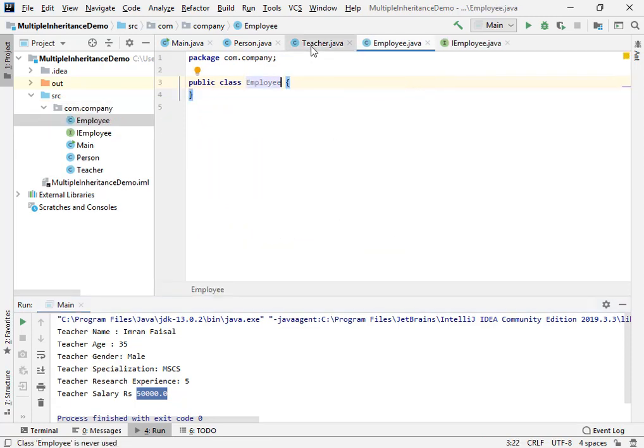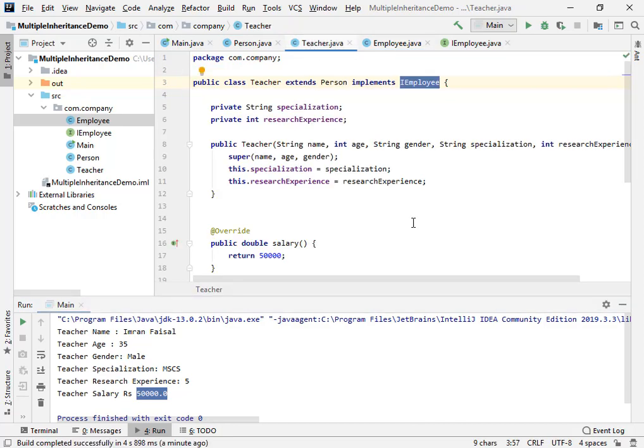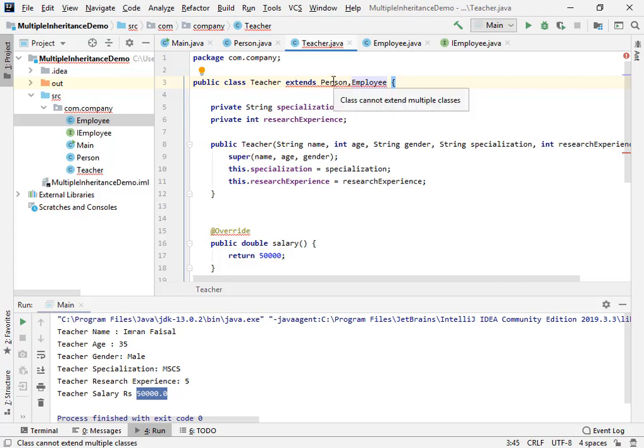So now if I go back to this Teacher class, and if I delete this implementation, and if I add a comma and include Employee, you can see that it is not letting me inherit from two classes at the same time. So if I put my mouse over it, you can see what it is telling us, that class cannot extend multiple classes.